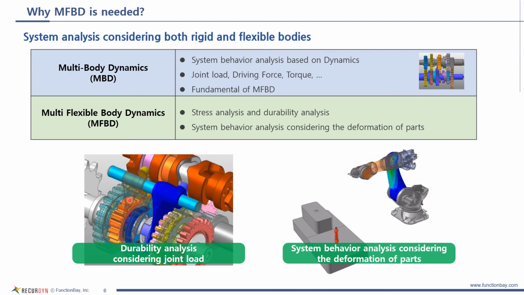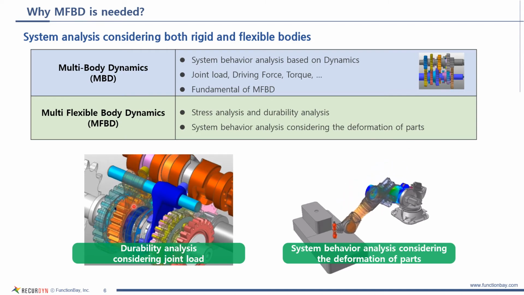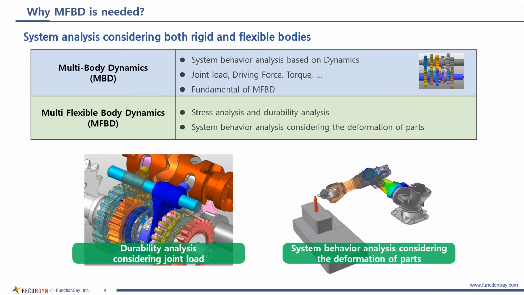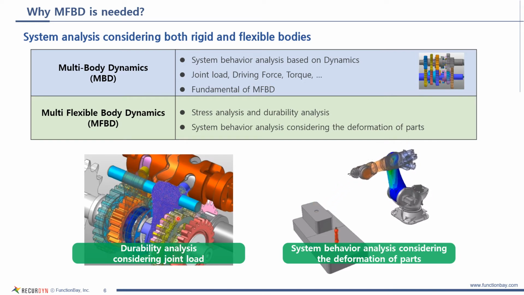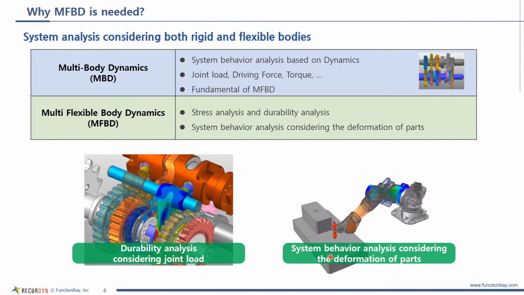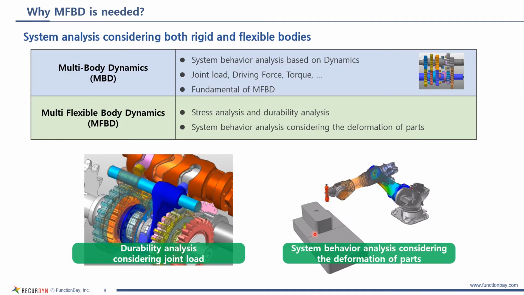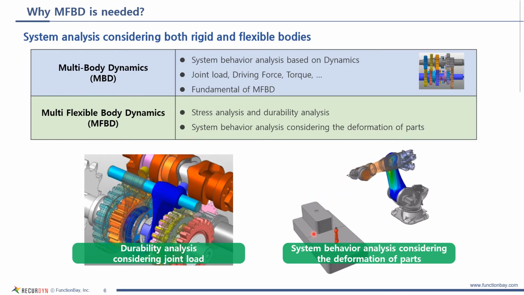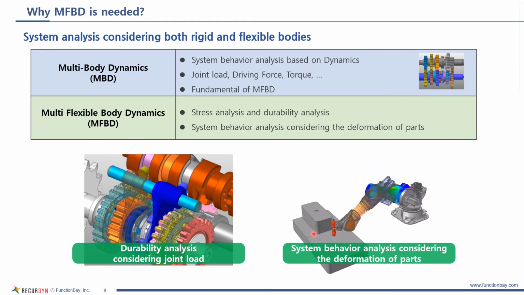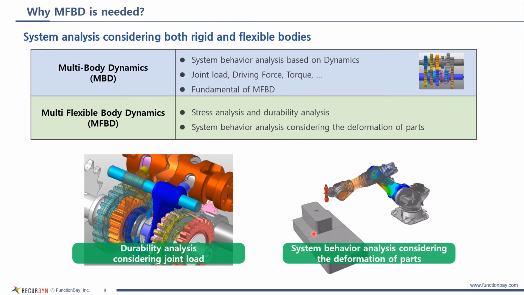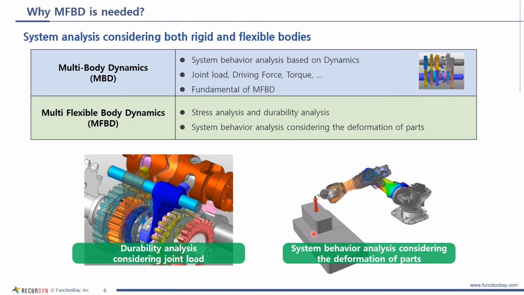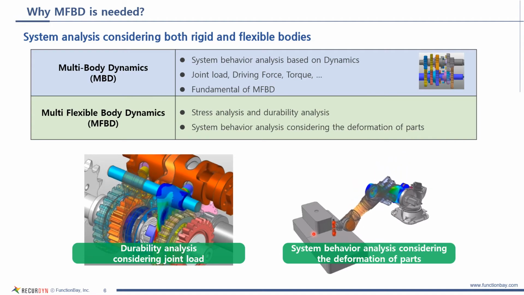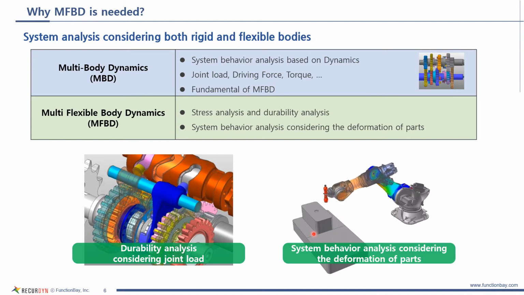The example video on the left below is a model consisting of a drivetrain shift fork as a flexible body. It is possible to calculate the stress generated in this shift fork and even perform durability evaluation. And the example on the right is a manipulator. When the manipulator operates, the end tip actually vibrates excessively, so it needs to be controlled to reduce the vibration. Only with rigid bodies, these vibrations are not expressed accurately. The vibration caused by deformation can be expressed when the system is composed of flexible bodies.